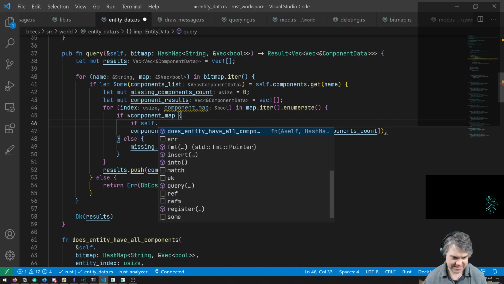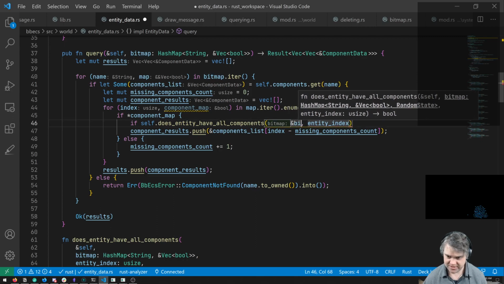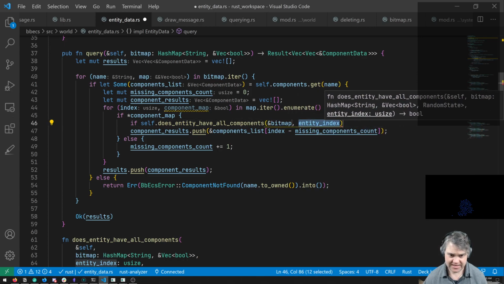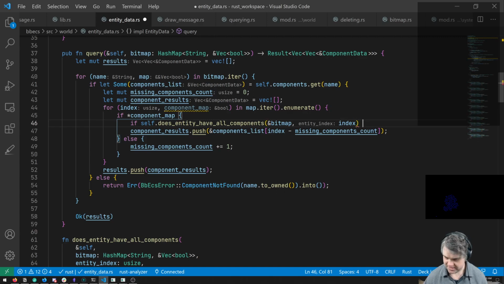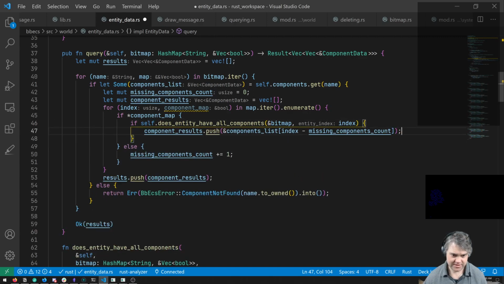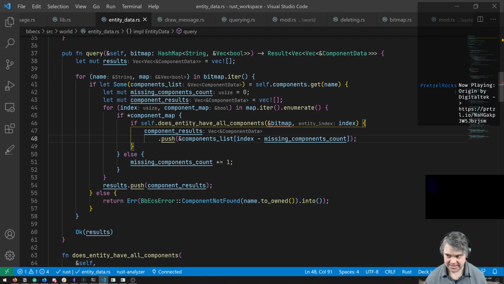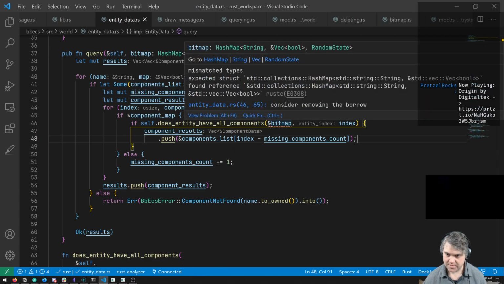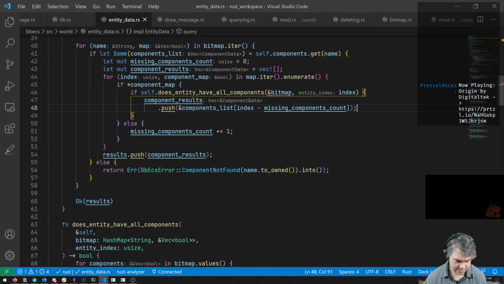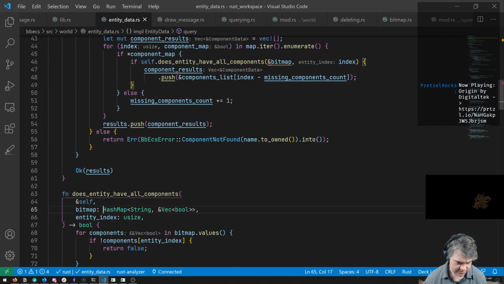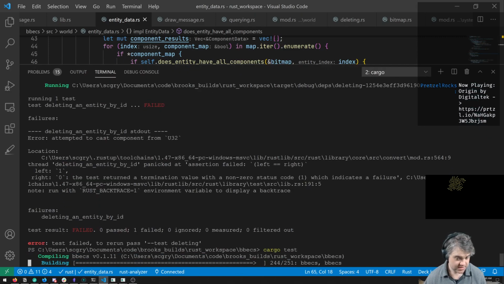If self dot does any have all components, a reference to the bitmap, and then the index in here, and then we pull you in. Expected hash map, found reference. Right, I need to make you a reference here. Does that make you happy?